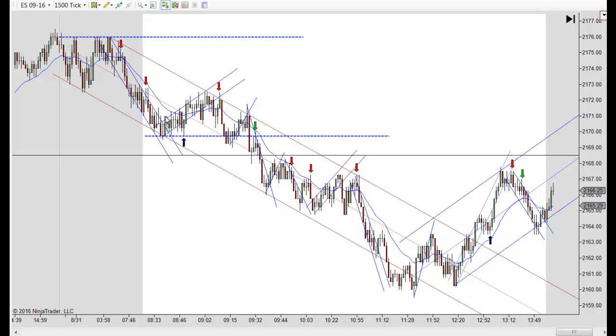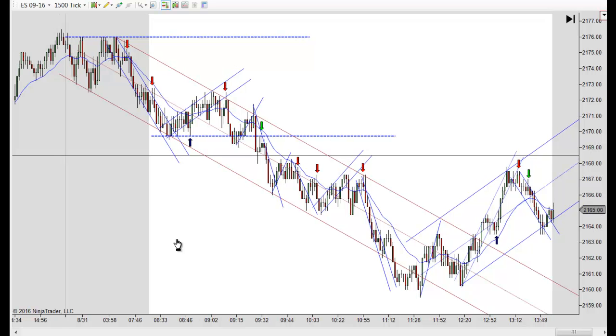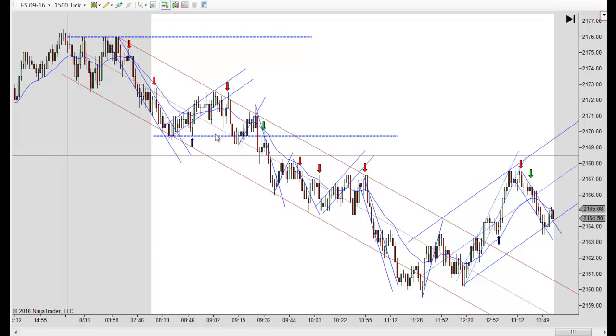Trying to think of what else. We went a little flat right here, right after the open, but prices were just moving to the other side. We had a little bit of an uptick here, and then of course we had this support, so we had to work through it. And notice how it turned down right off that trend line again. It's pretty obvious what's going on here. You just have to be real careful about these support areas. You really want to wait until the support area turns into resistance. And it didn't take long here, and it was off to the races.